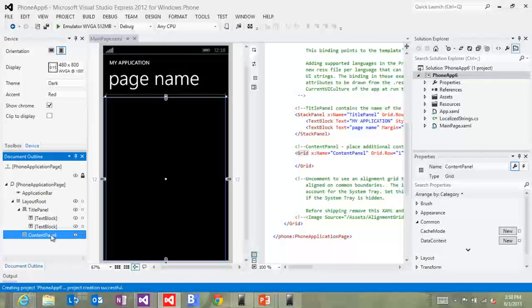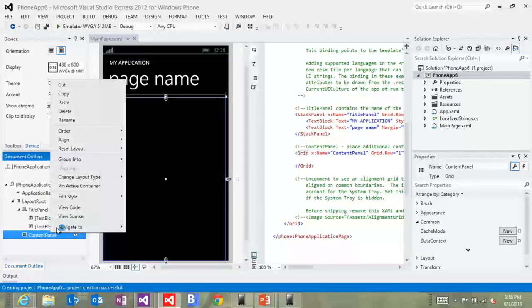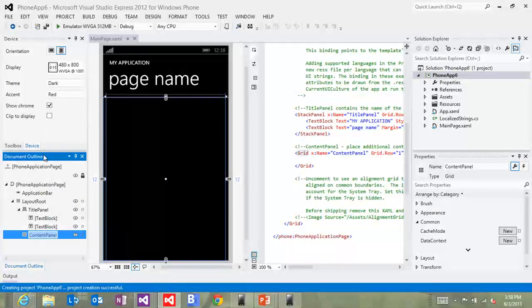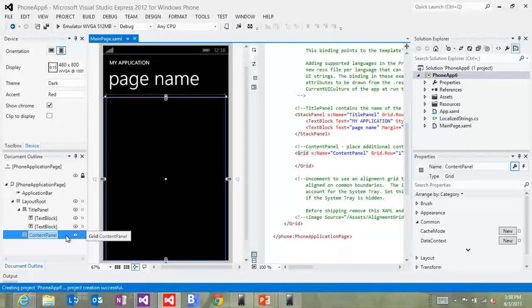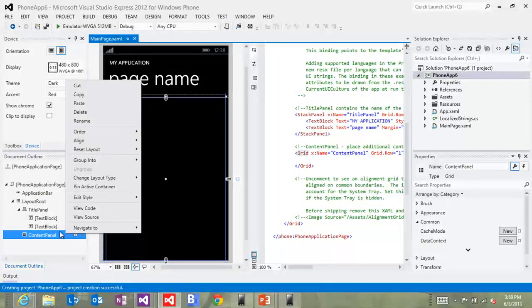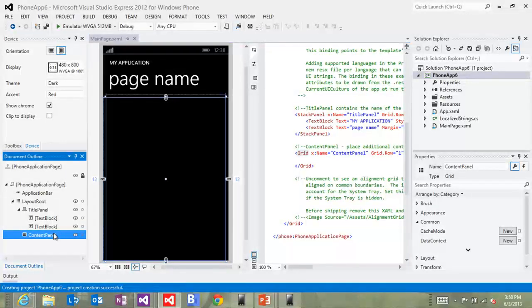The other thing that we added here, like a bunch of the functionality here, is being able to change the container type. If I want to change the grid to a stack panel or scroll view, I can do it right there. The other thing I can do, once I've added something like a list box or what have you, is change the template too. So I can very, very easily go in and edit a list box, a long list selector template right here.